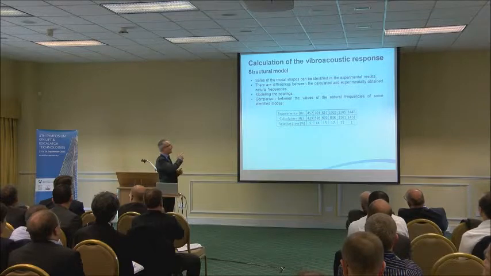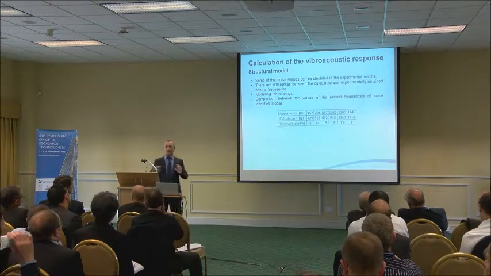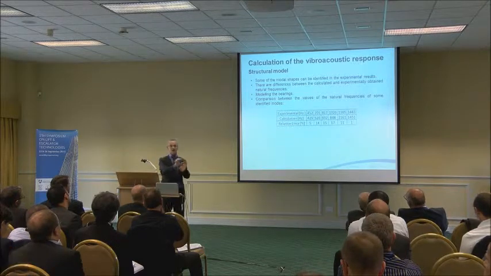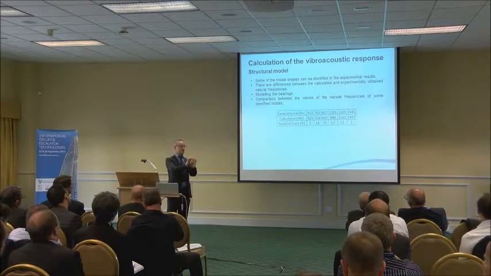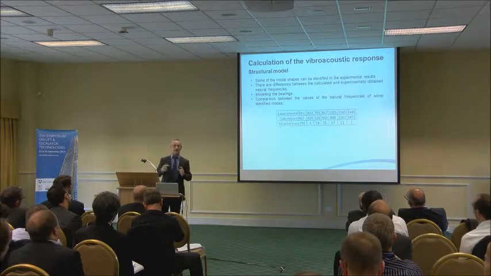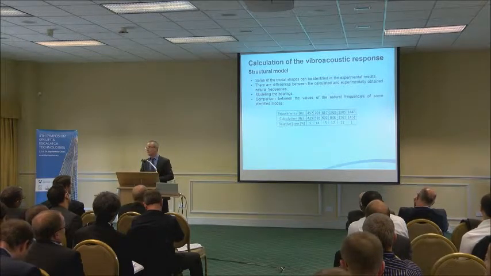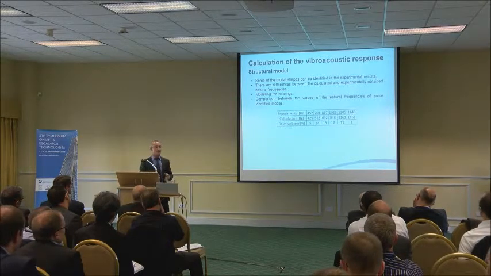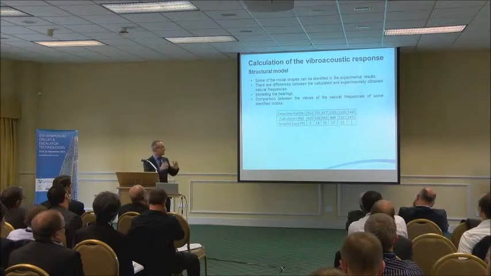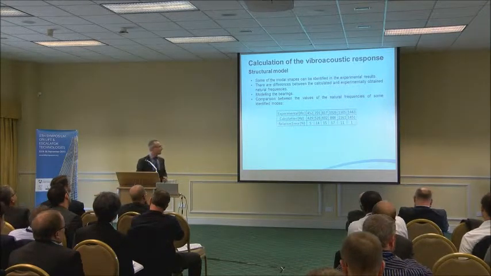Of course, when we model the final machine, another point that is difficult to model is the bearings: how to model the junction between the shaft and the stator. We usually put some springs in the axial and radial directions and assign some values, but it is not easy to find the final solution. So there is uncertainty in our model.